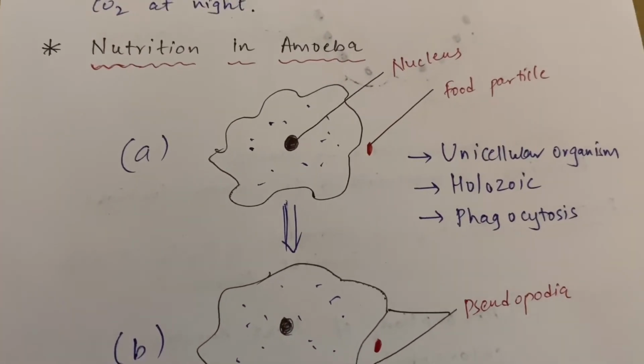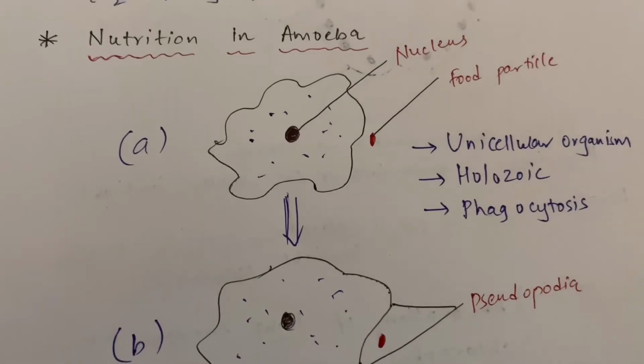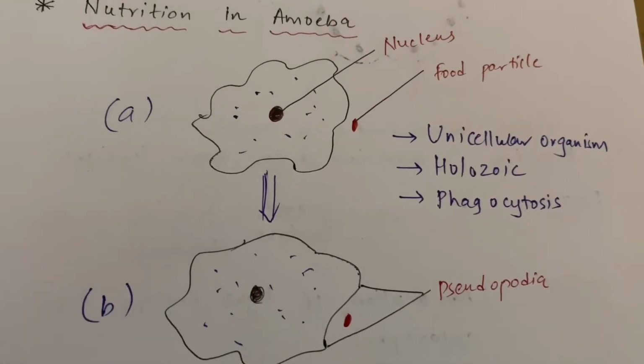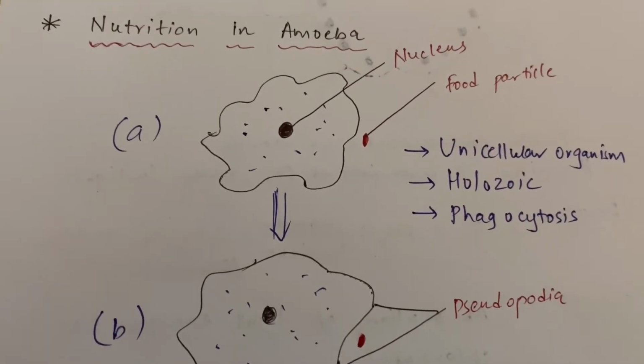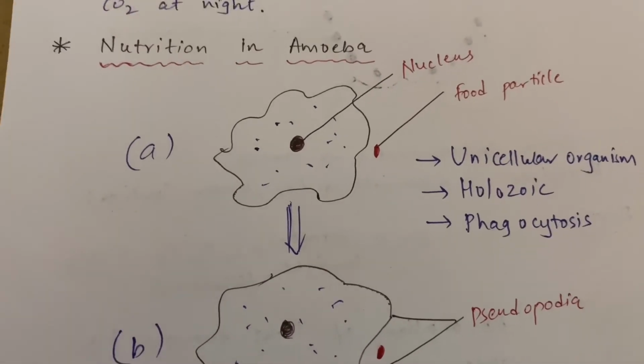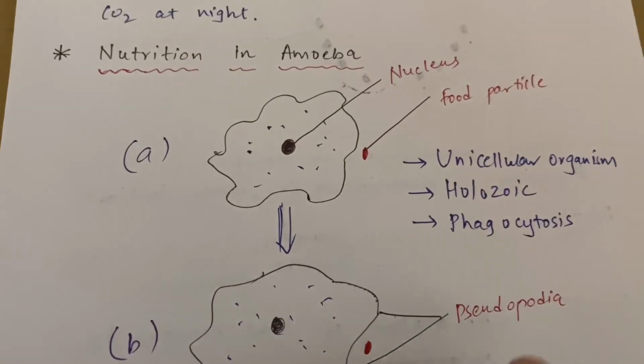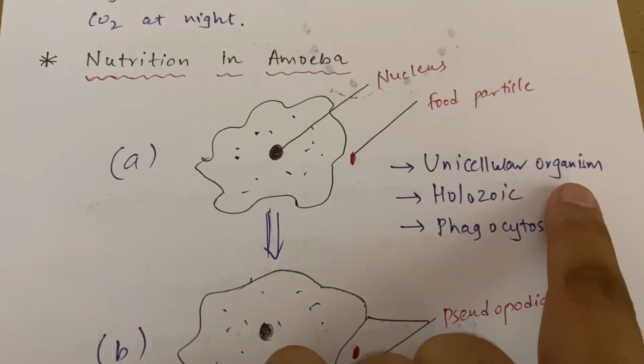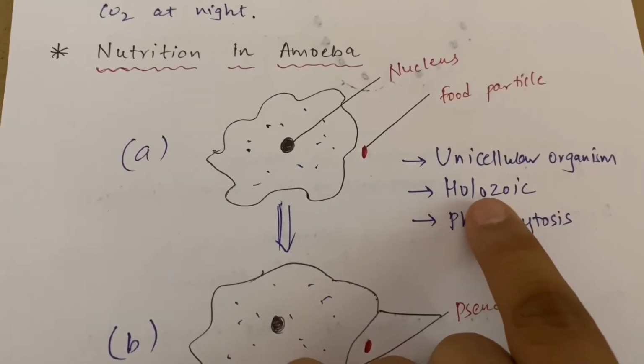Now we need to study the heterotrophic nutrition. Now what are heterotrophic organisms? You know that the organisms which are dependent on some other organism for food, such type of organisms are called heterotrophic organisms, correct. So first of all we will study the nutrition in amoeba. Now you know amoeba is a unicellular organism. The mode of nutrition in amoeba is holozoic.